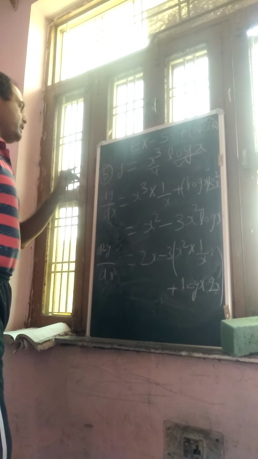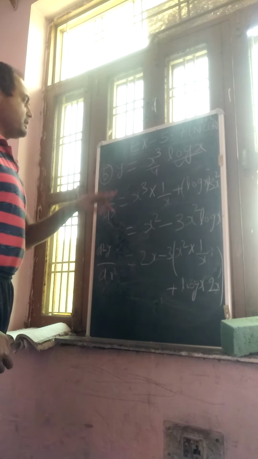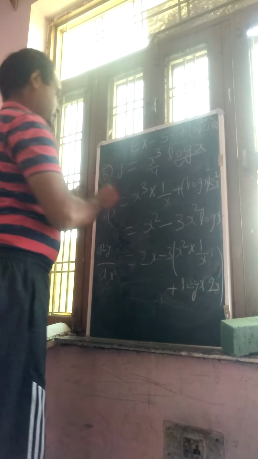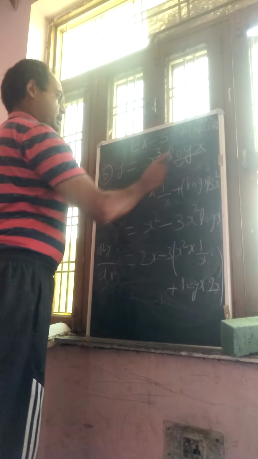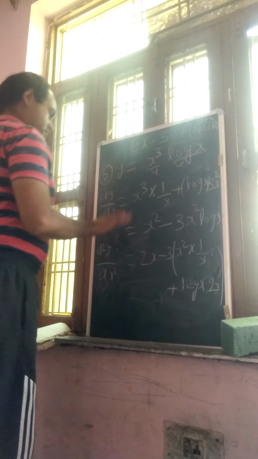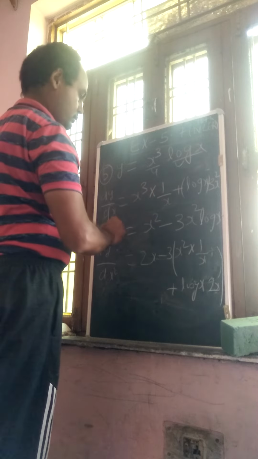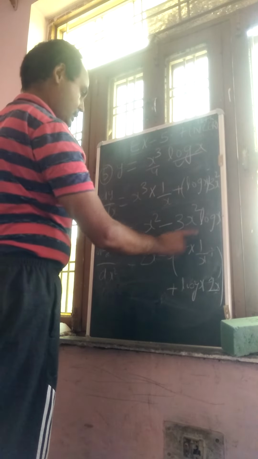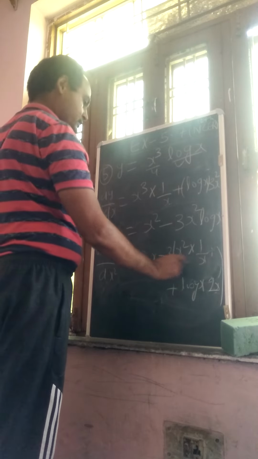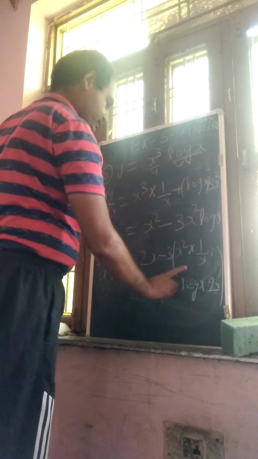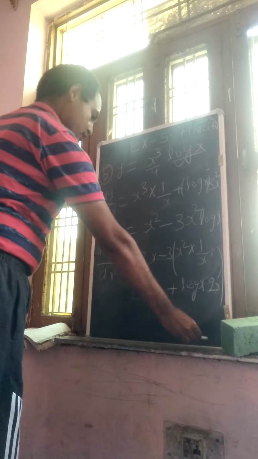First of all, we define y equals x to the power 3 log x. dy by dx, the first derivative, has u and v. We have x to the power 3 times the derivative of log x, 1 by x, plus log x into 3x square. So we get x square plus 3x square log x. For the second derivative, 3 is a constant, and with x square log x as u and v, we get the derivative 1 upon x, plus log x into 2x. This is the second derivative. We have to explain also.